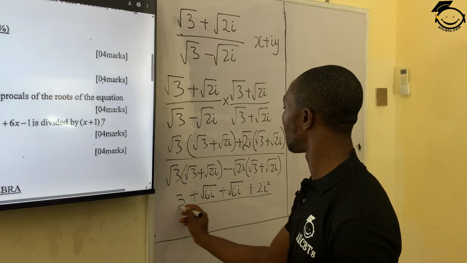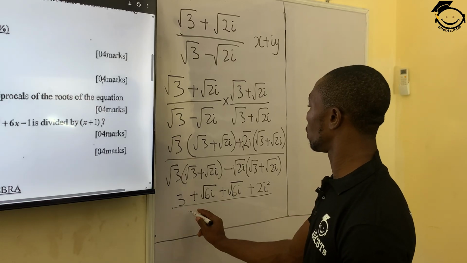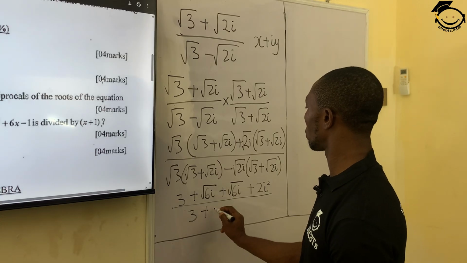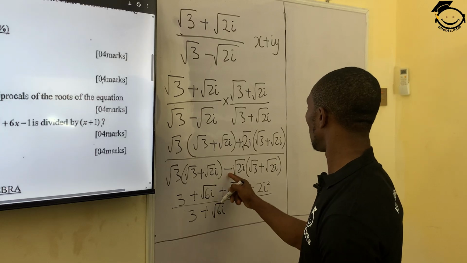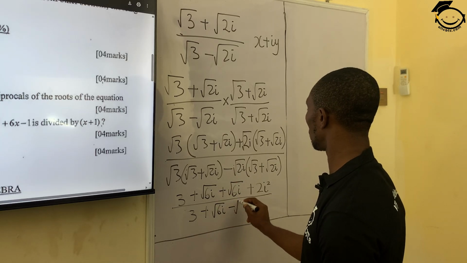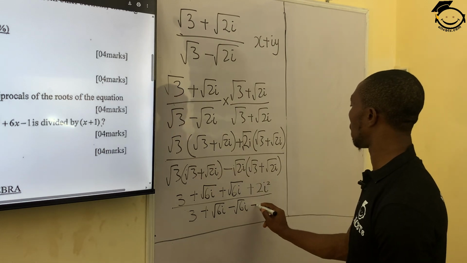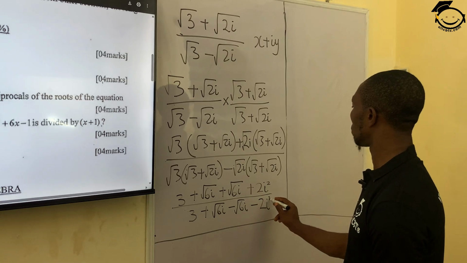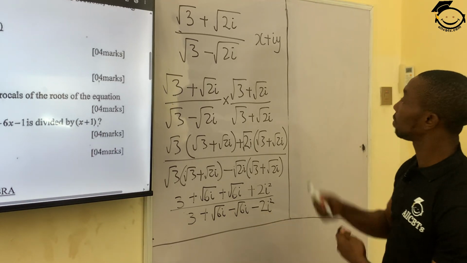All over, this times this will give us 3. This times this will give us plus root 6i. This times this will give us minus root 6i. And this times this will give us minus root 2i squared. Alright, from here, we are having 3